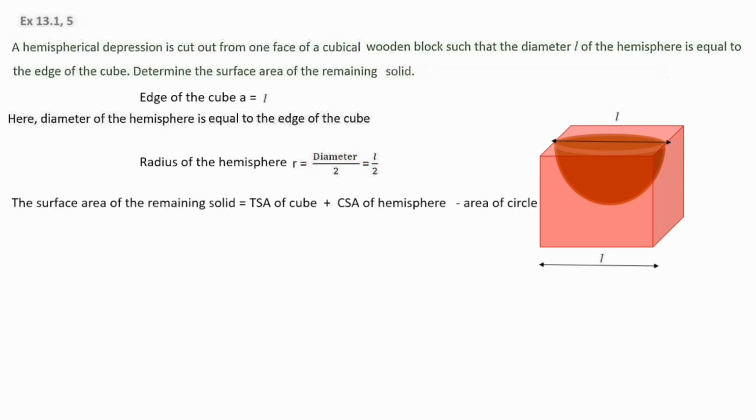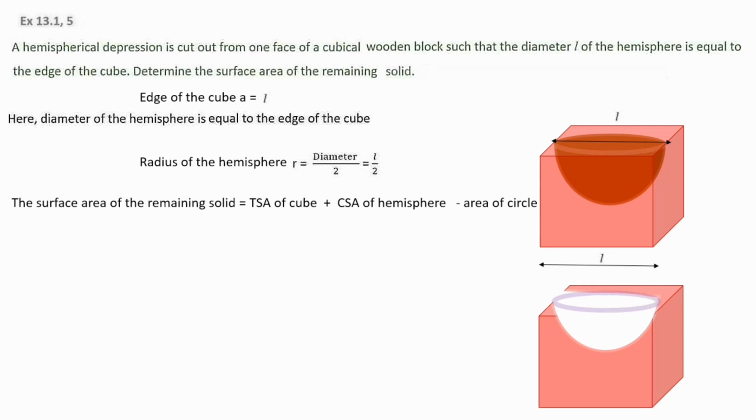So we are asked to calculate the surface area of the remaining solid. The remaining solid will look like this. There is a cuboid, from that cuboid the hemisphere is gone. That means the remaining solid will look like this. So the 5 faces will be there for the cuboid, and on the top this curved portion is visible for us, and the circular portion is not with us, it is gone. So the remaining solid looks like a cuboid with 5 faces and this curved portion, and when you look at this one, this is just like a circle on top, that is not visible.